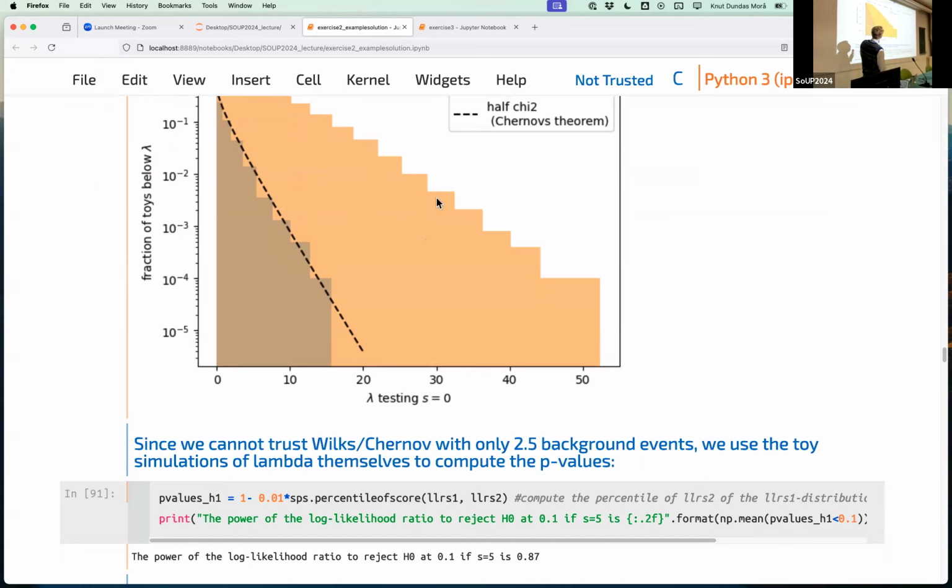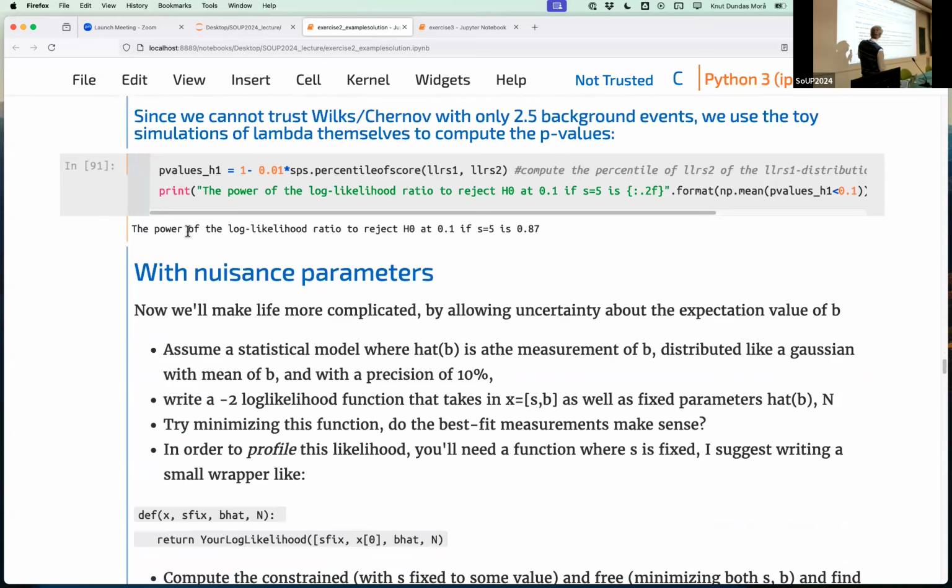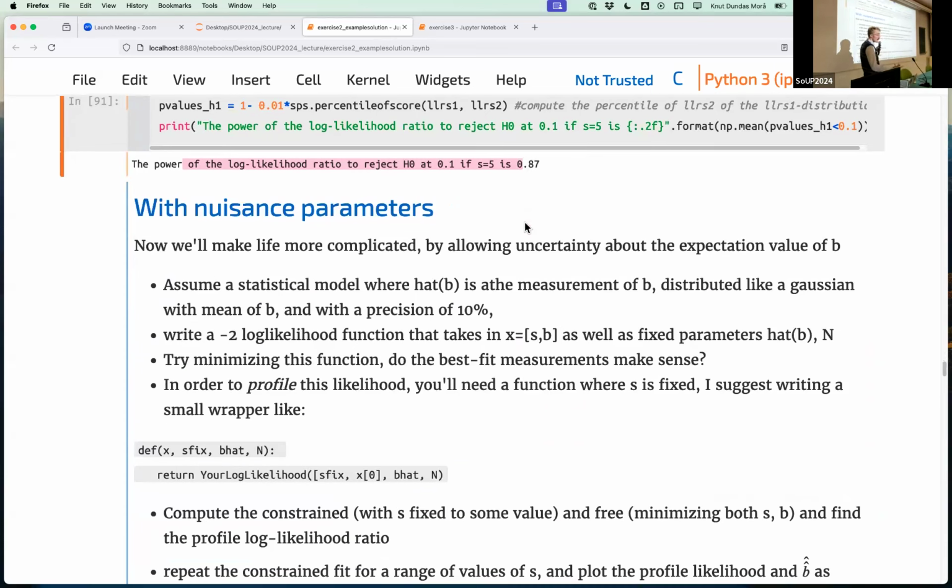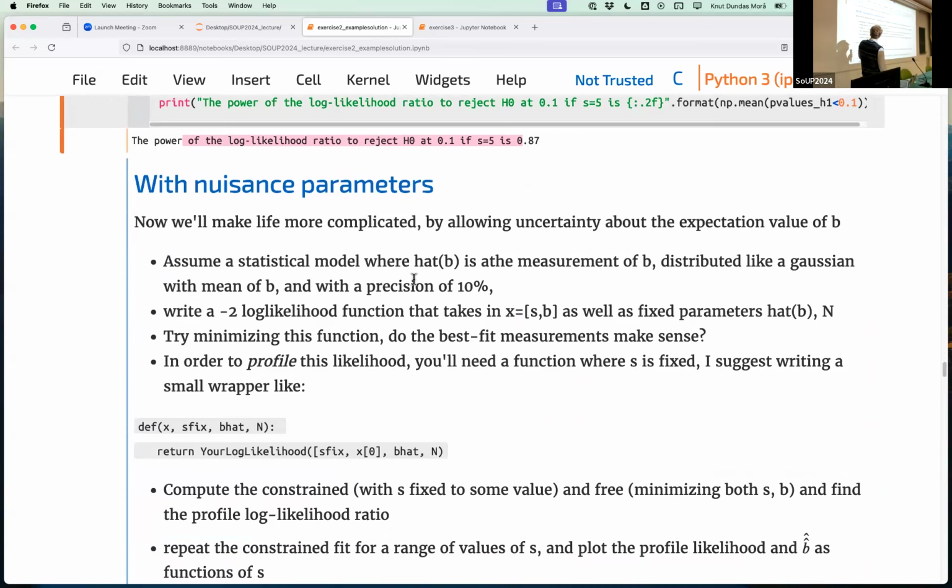So that means that if you go out here, say you're over here, it's just going to say, oh, there's no toy MCs out here, so my percentile is in the 0 P value. Well, if you're up here, for example, it's going to look, oops, I'm at 10 or 15 roughly, and that means my P value is roughly 10 to the minus 5 or something like this. And so here we see that we even get a power, and that power is great. We get almost 90% power to reject H0.